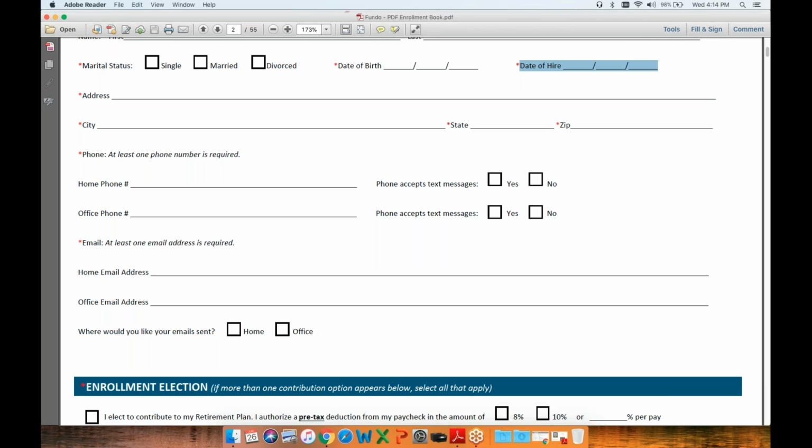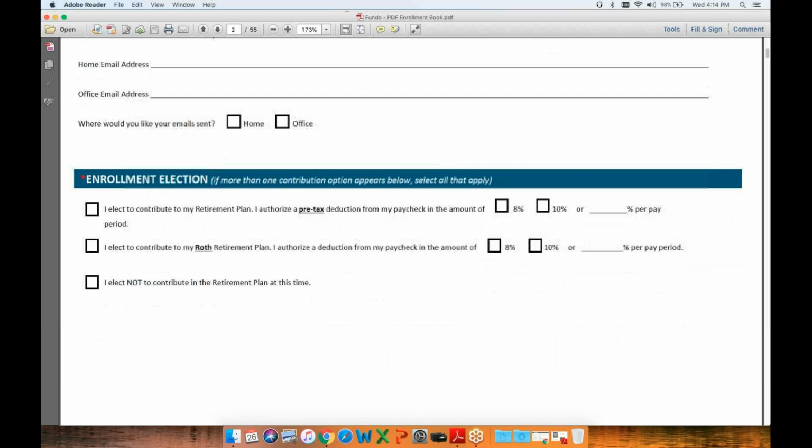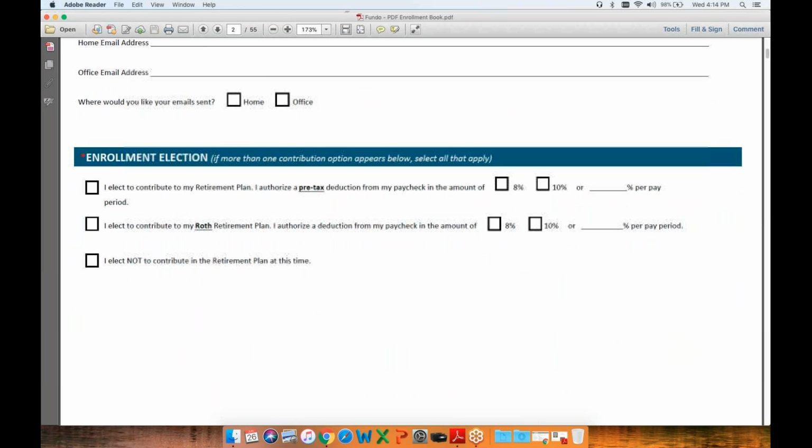Correct. Yeah, it's when the ownership would change. Okay, very good question. So the next piece, I'm going to have you scroll down a little bit towards the